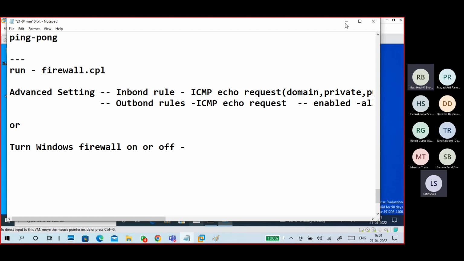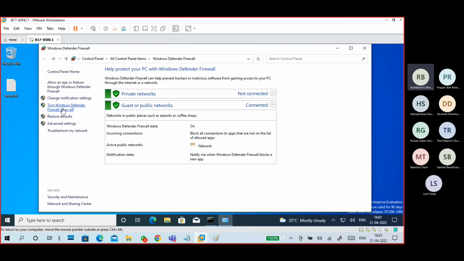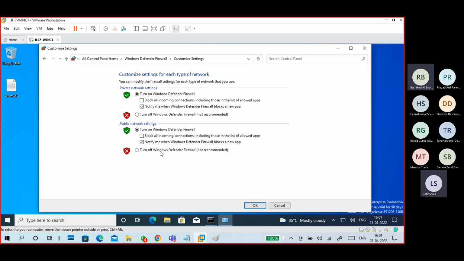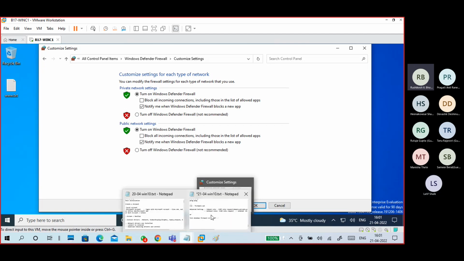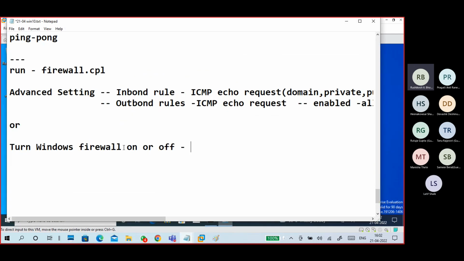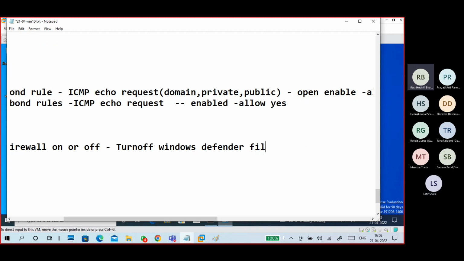Then select turn off Windows Firewall for both private and public.